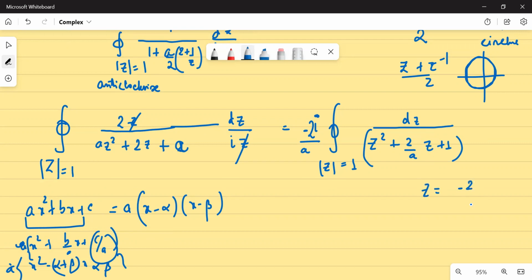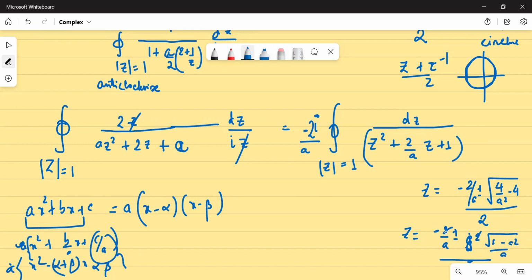Roots will be equal to minus 2 upon a plus minus root of b square minus 4ac divided by 2. So this will be equal to, I think, minus 2 upon a plus minus root over, I think 2 common ले लो वापस से बाहर, root over 1 minus a square upon a upon 2. 2 से 2 gets cancelled, and you are left with,